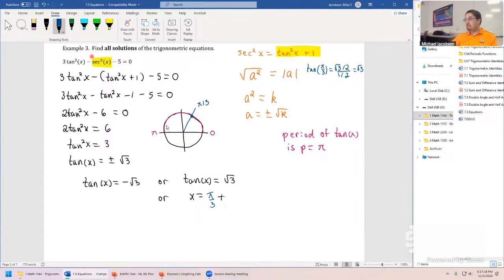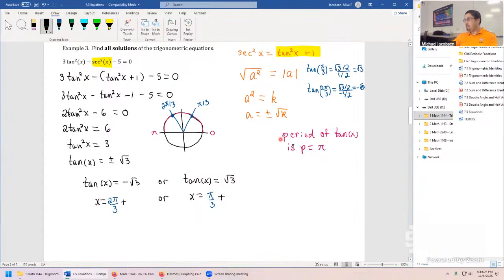For the negative root 3 branch of the 2 equations, we can just rotate over here and go to 2 pi over 3. Do another quick check just to make sure everything looks right. Tangent of 2 pi over 3 has the same value for sine, positive root 3 over 2 again. But the cosine value is down here, negative 1/2. So that does check as a negative root 3 altogether. So from this one, we get x equals 2 pi over 3